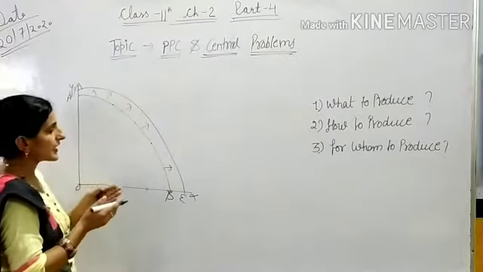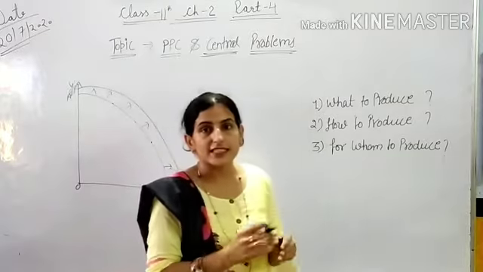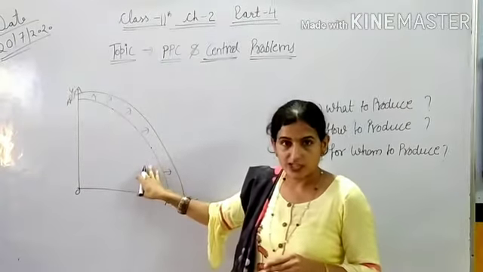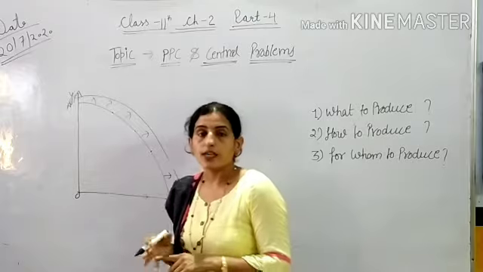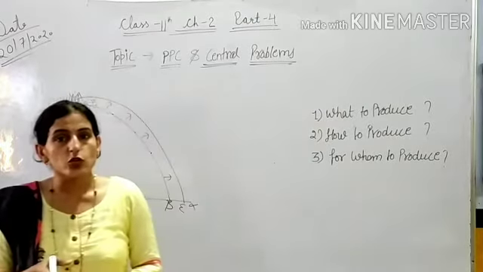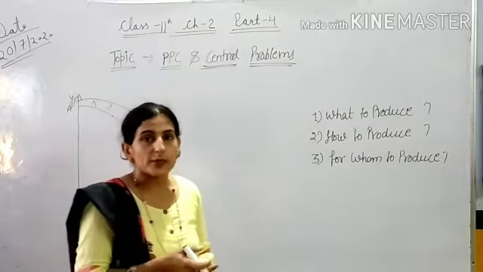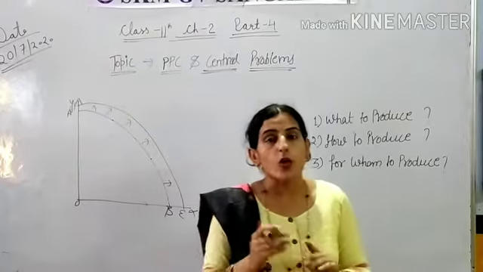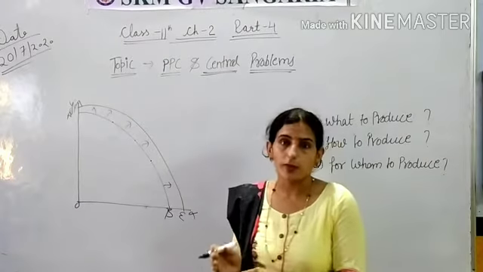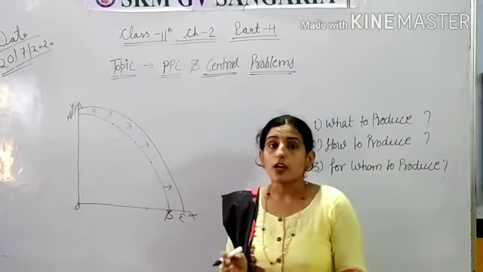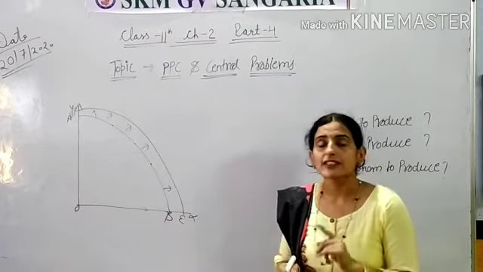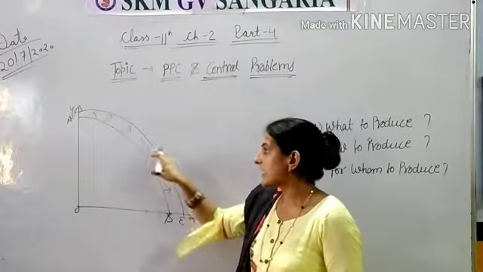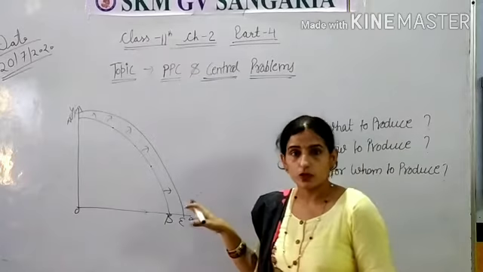And if we are using unskilled labor, then there will be less production. By adopting modern technology, we can increase production, but no doubt there will also be an increase in unemployment in the country. But by adopting skilled labor and giving them skill education, we can also increase production of goods.